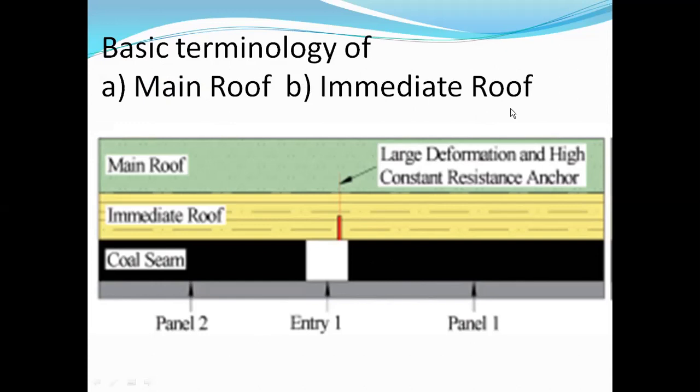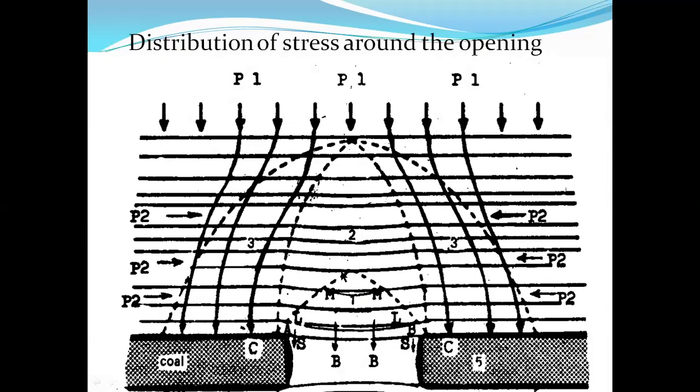Here I just covered two basic terminologies: main roof and immediate roof. The overlying strata present immediately above the opening is called the immediate roof, and the roof which is present above the immediate roof is called the main roof. Due to the various physico-mechanical properties of the rock mass, the stresses acting on this opening will vary. So let's move on. See here, this diagram represents how exactly the redistribution of stress takes place, because before we discuss rock burst and coal bump, we need to understand the redistribution of stresses. If you look at this diagram,